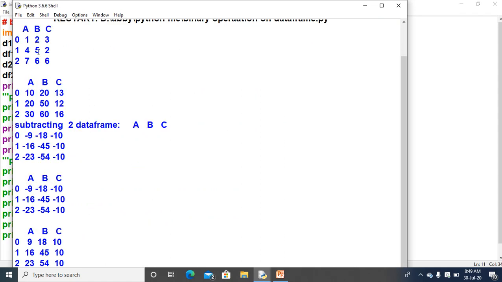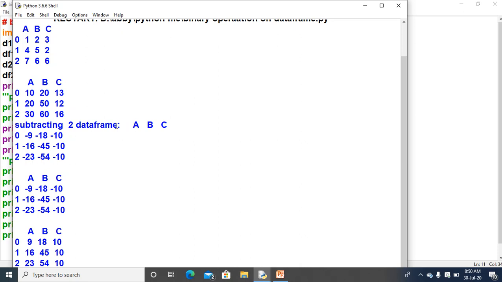Yes, first data frame first row is 1 2 3, then the second data frame first row is 10 20 13. So 1 minus 10 will be minus 9, 2 minus 20 is minus 18, 3 minus 13 is minus 10. So this is the way to subtract. Subtracting two data frames comes over here.